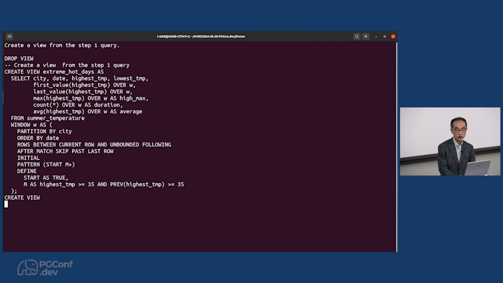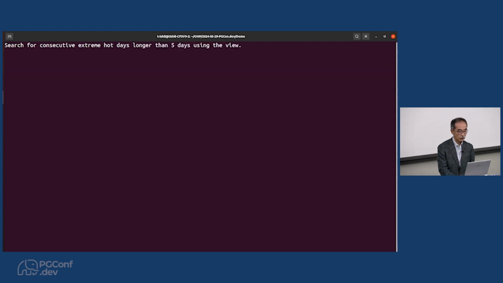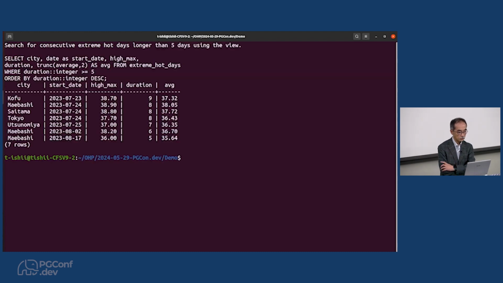We now define the view, and we can issue a select against the view like this. In this case, I limit the duration to more than 5 days. So we have this result.